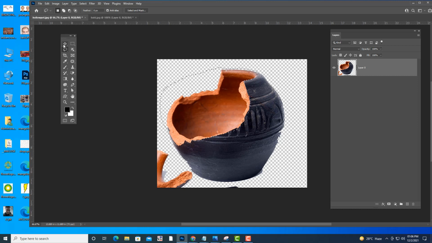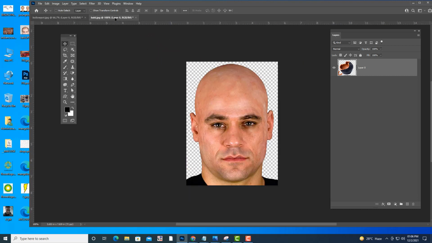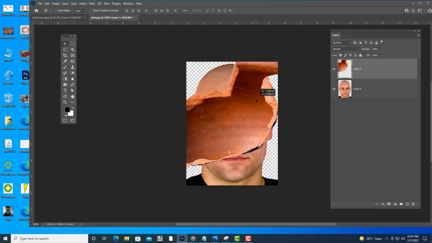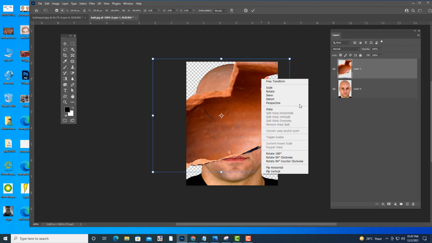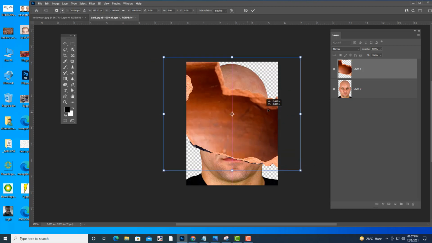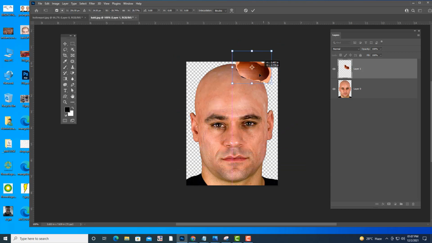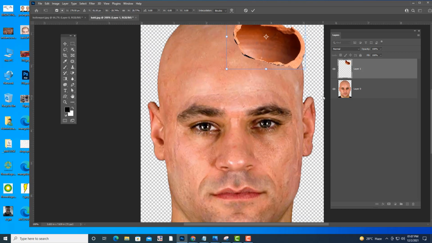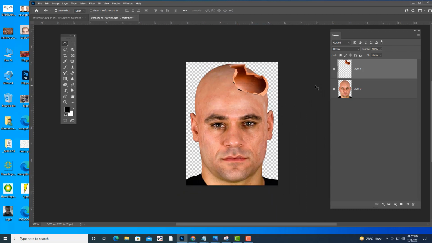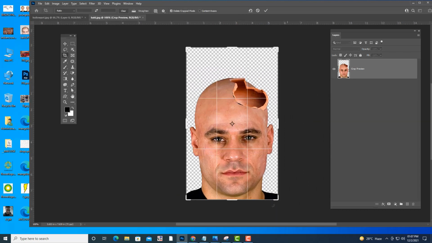Then I'm going to drag it and keep it over, and let me use flip horizontal. We'll try to increase our crop.